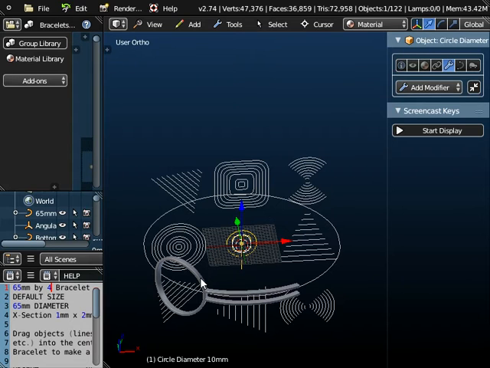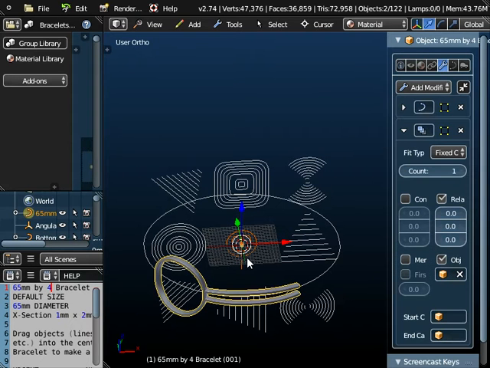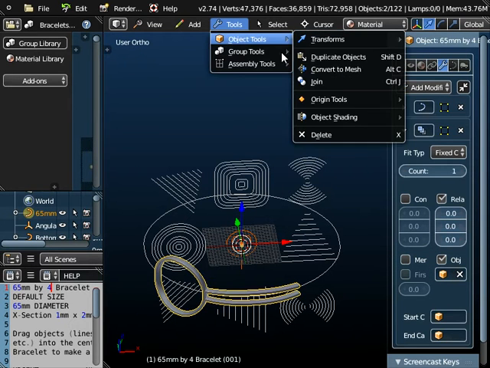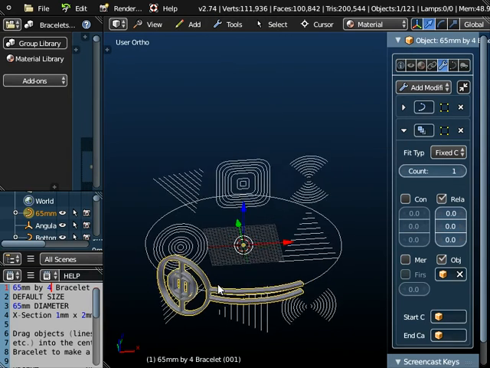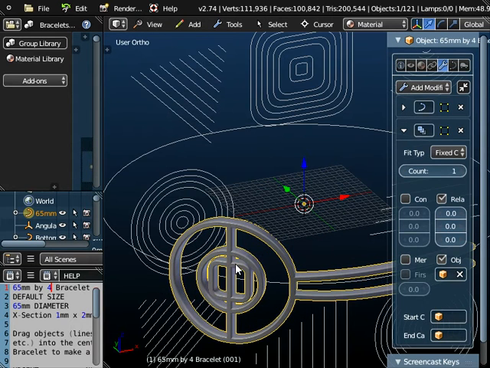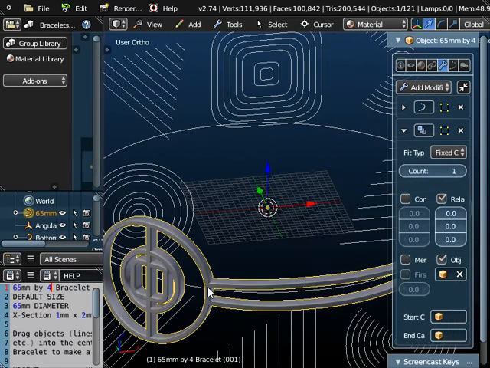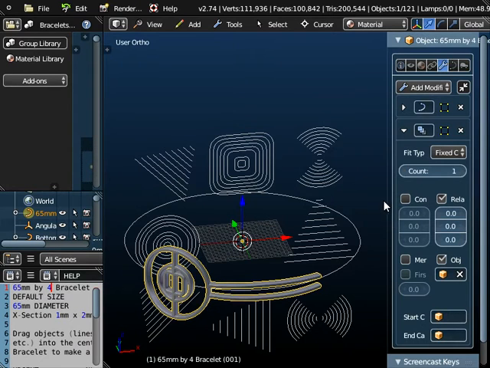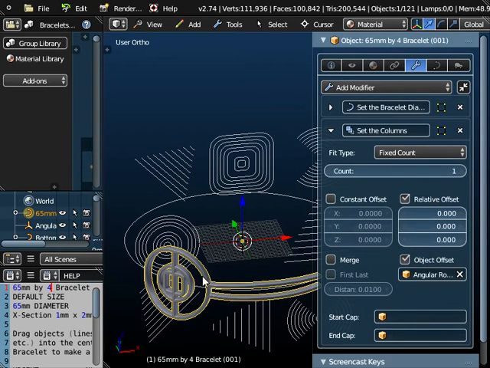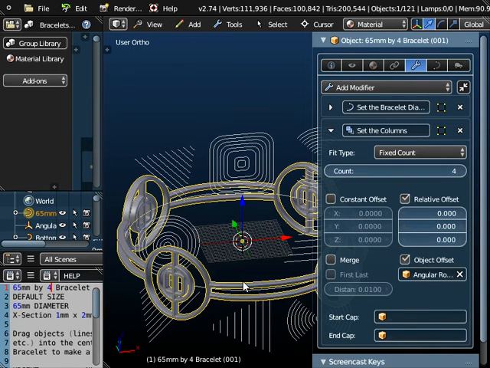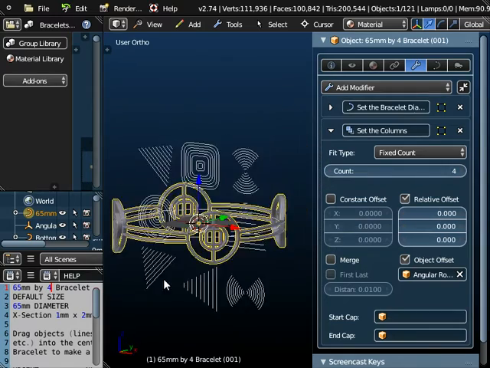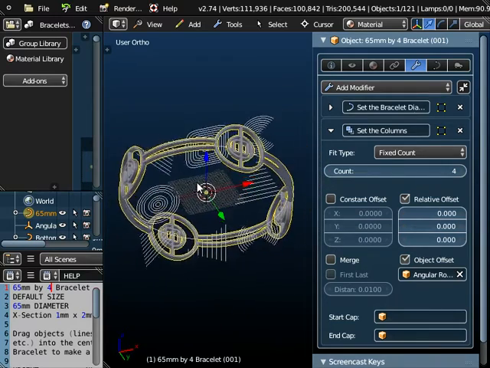So if I just highlight this object here now, and if I just join these two together, you'll see that the object at the center has now been placed inside this circle of my bracelet, and it's got the same thickness as it. And if I now replicate the count around here, you can see I can create a completed bracelet now,